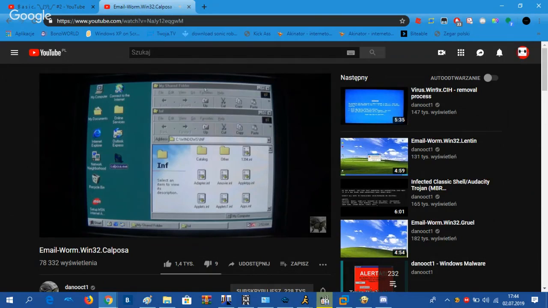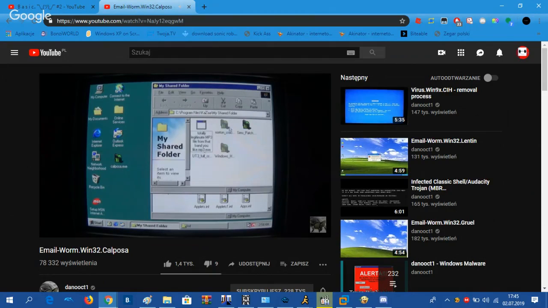This is where it would initiate its email routine, but I haven't been able to see the emails that it mails out in any way, so that's excluded. And as we can see here, it drops some files into the shared folder. So if you were on Kazaa, you would now be pushing this worm. We've got the Sims patch.exe, Norton crack.exe, Windows hack.exe, and Unreal Tournament 3 full crack.exe. All totally legitimate, I'm sure. Oh wait, no they're not. Oh, the wonders of Kazaa.